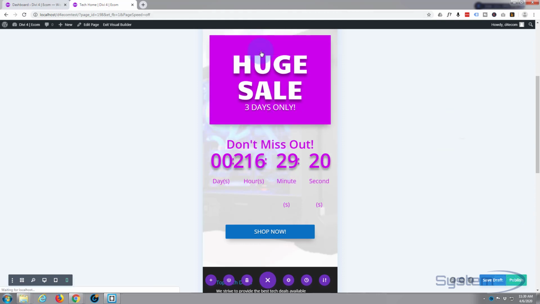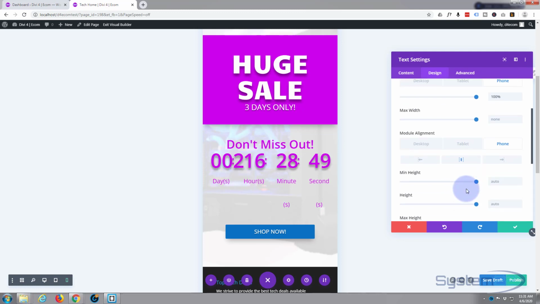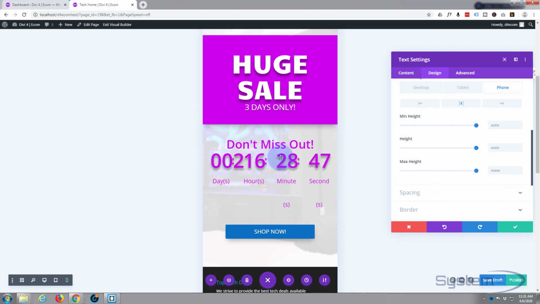Let's go back into our banner here. Let's go to sizing, and let's make that full width just on the phone there. So we've got it full width on the phone, 80 on the tablet, and about 50 on the desktop. That's fine. Module alignment's fine. Again, it should still be in the middle on the phone. Great. So I think all I'll need to do for this is perhaps take the number size down on the counter there. So let's save this